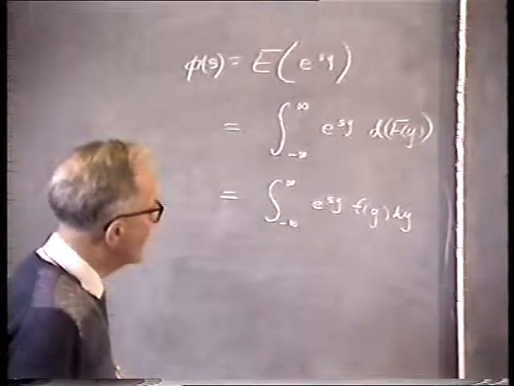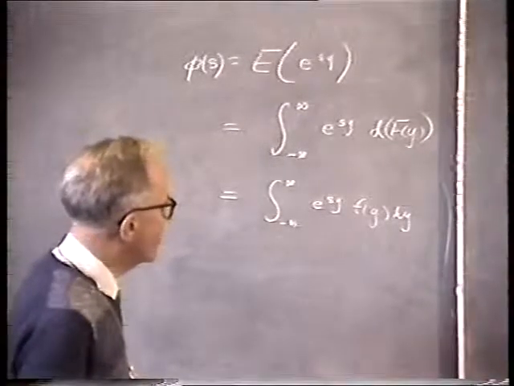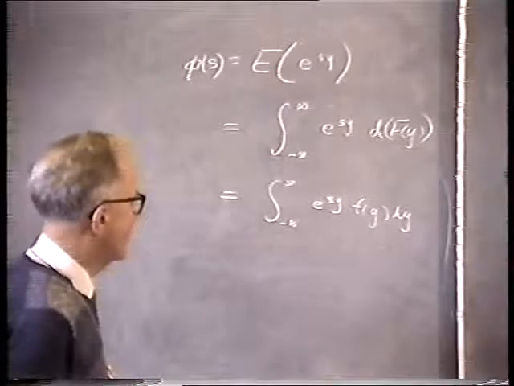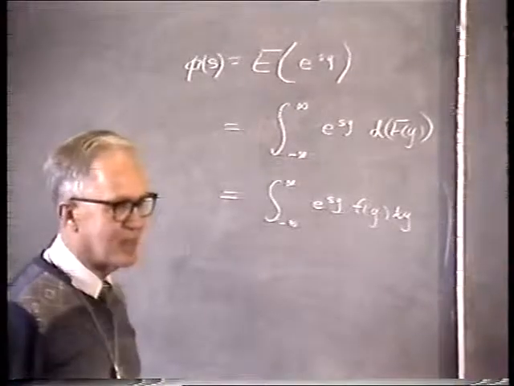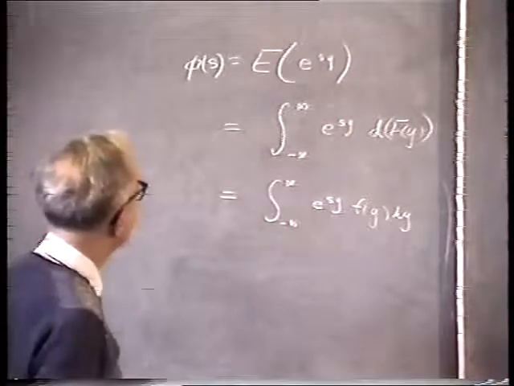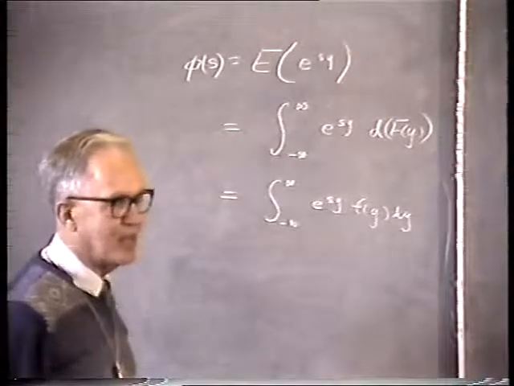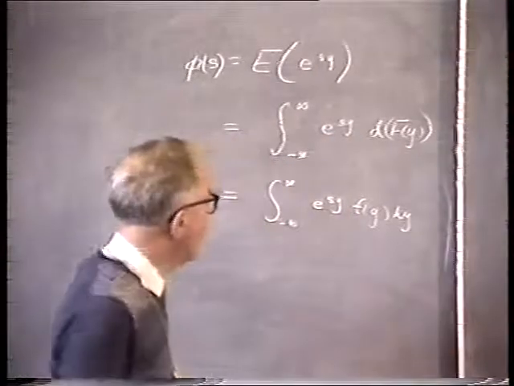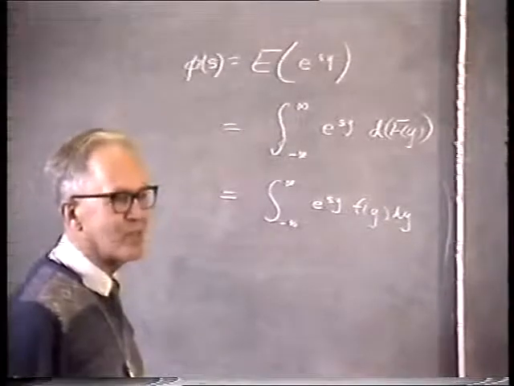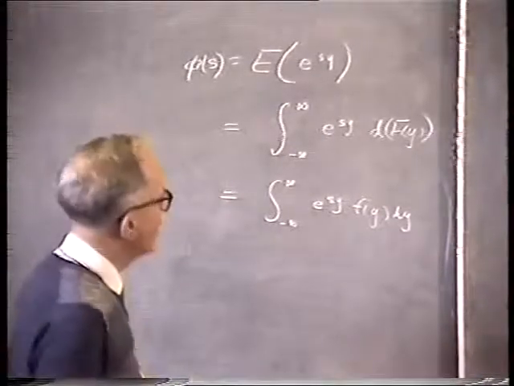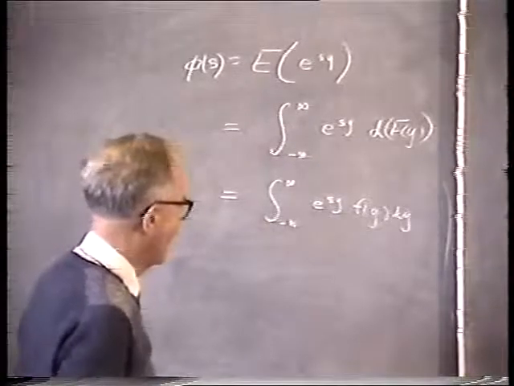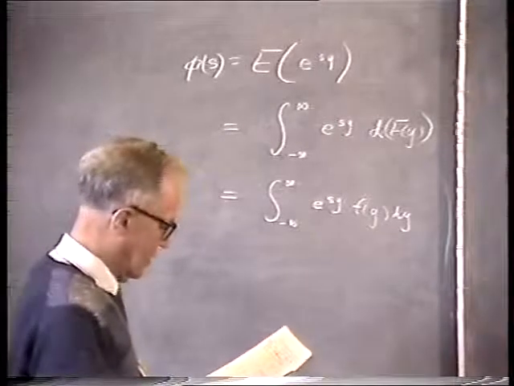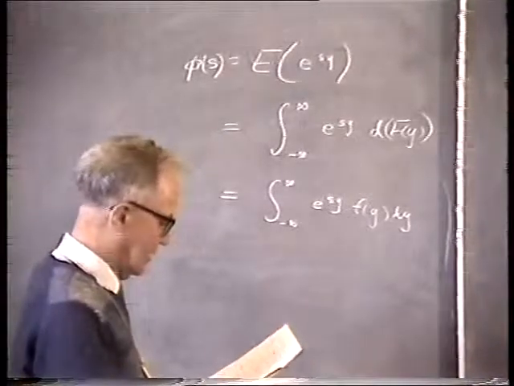On the other hand, if f of y behaves exponentially upon its tails, then there may be a finite range of real values of s for which this phi of s is defined, and this plays an important part later in the discussion of conjugate distributions, as we shall see much later in the course. But at the moment, let's note that it's often enough to only look at the case where s is imaginary,